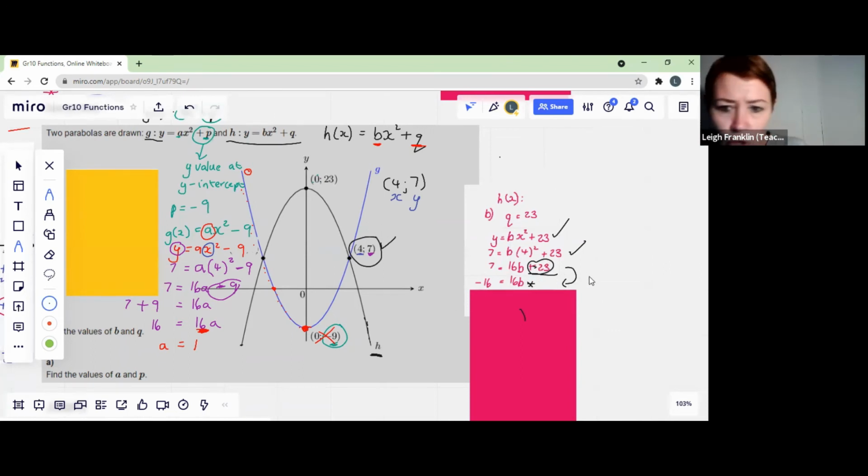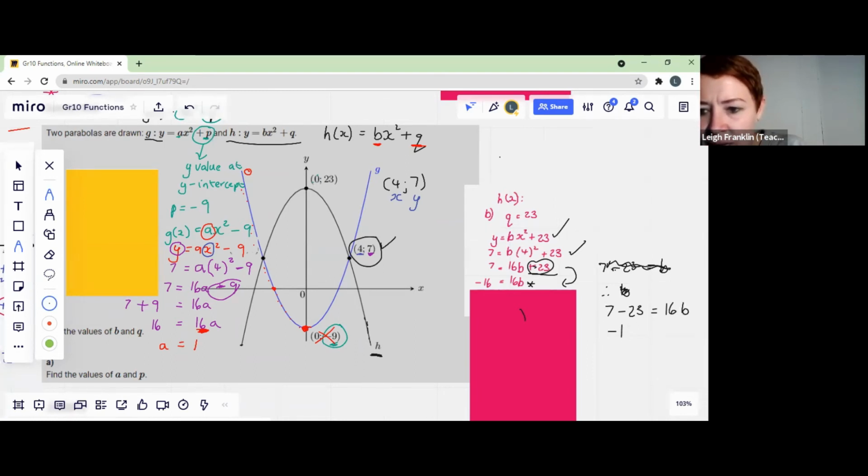No, it's not. So in other words, you're going to end up with 7. That's it. You put it in your calculator. Excellent. You say 7 minus 23. Perfect. And that's where you get B. Sorry, I'm talking nonsense here. So you would end up with 7 minus 23 is equal to 16B.